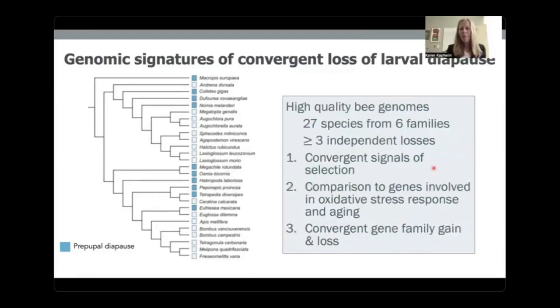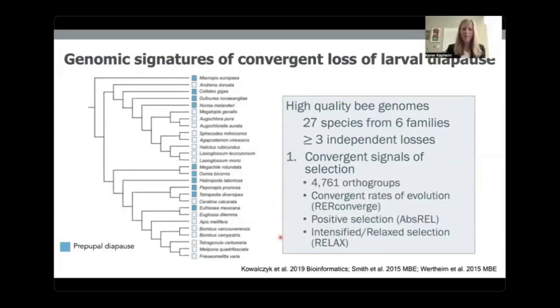We collected 27 high quality bee genomes from across 6 families, and this represented at least 3 or more independent losses of larval diapause. We ran them through some standard comparative analyses, looking for signatures of selection, comparing them to genes with a known role in oxidative stress and aging, and then we looked at gene family